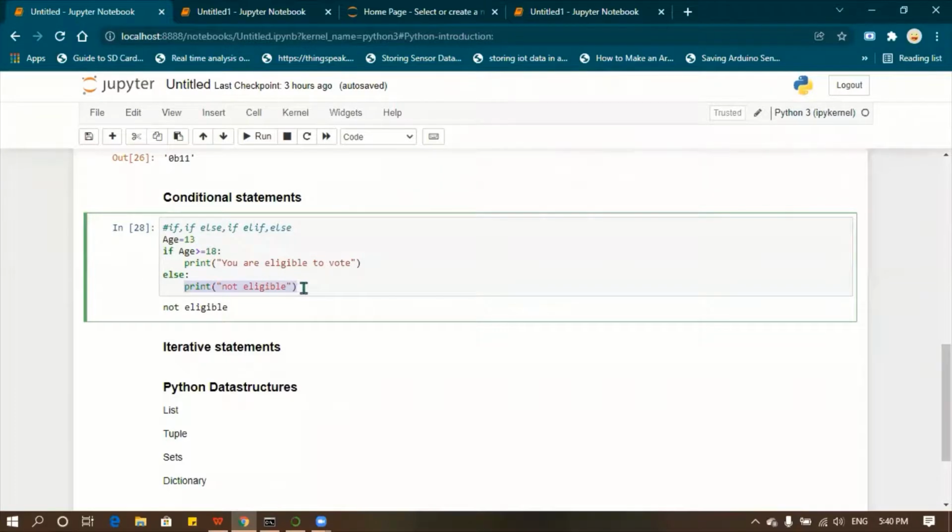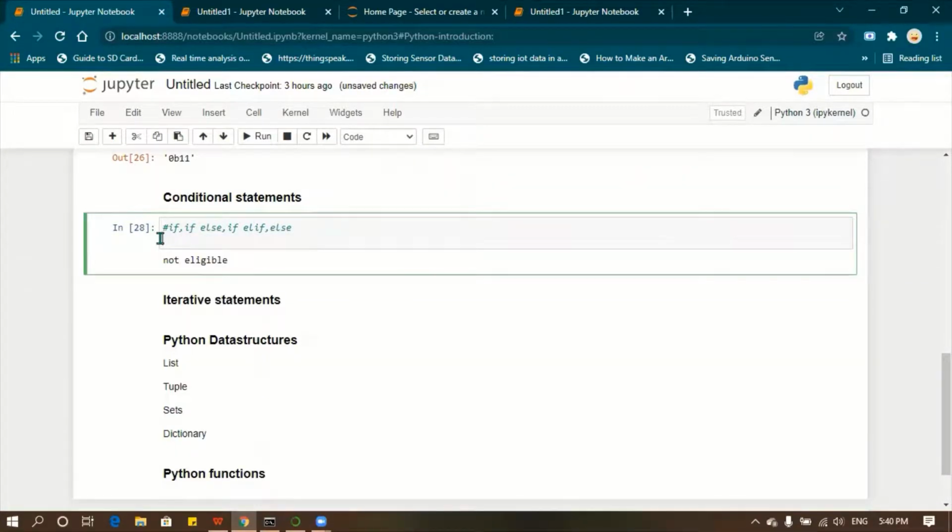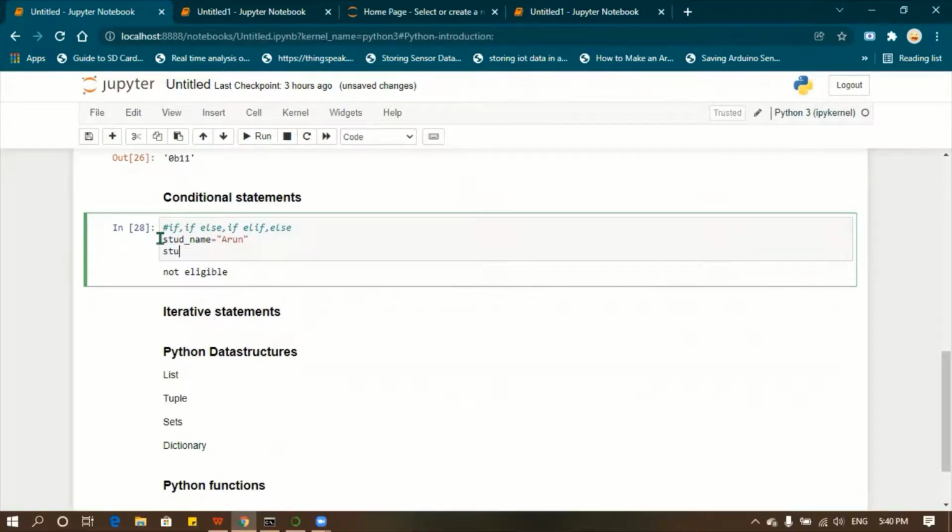So I'm going to change this program into student marks. Student name equal to Arun. Student roll number equal to 101.